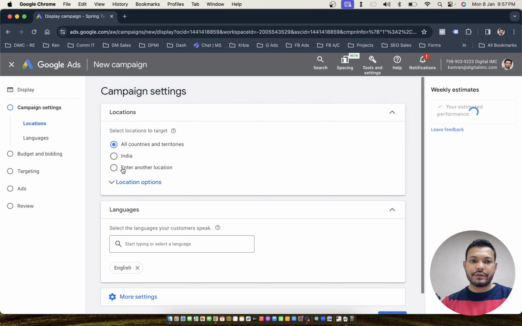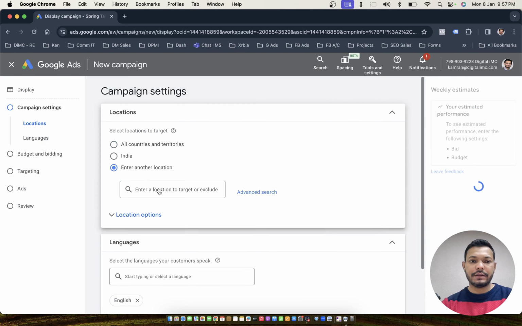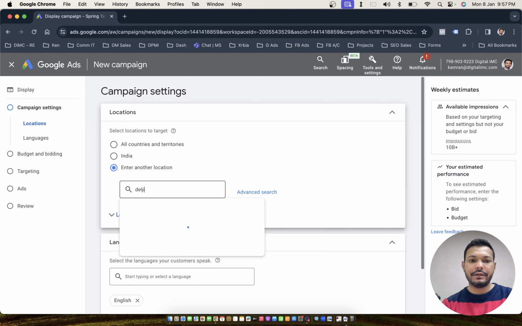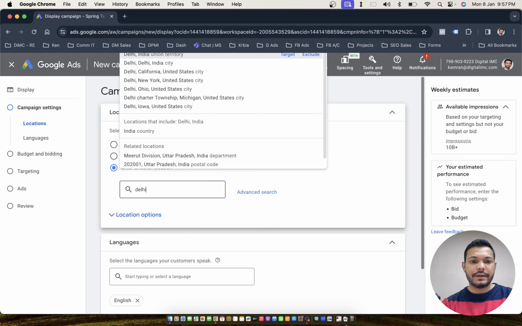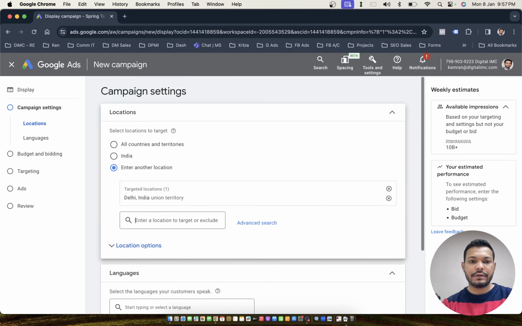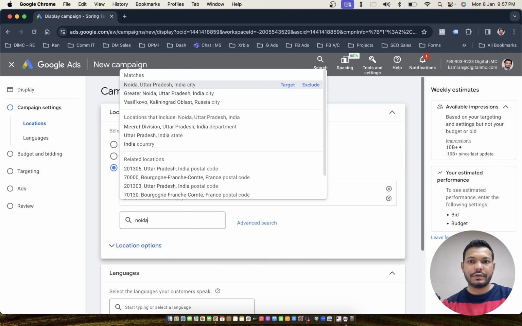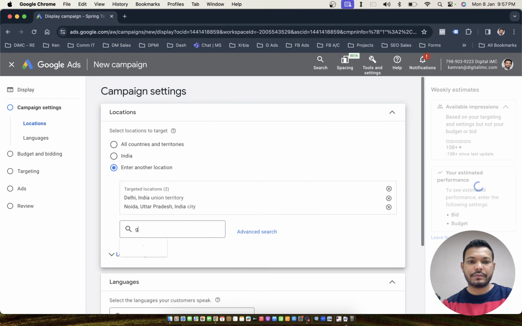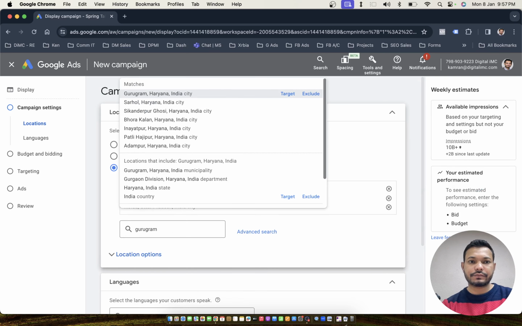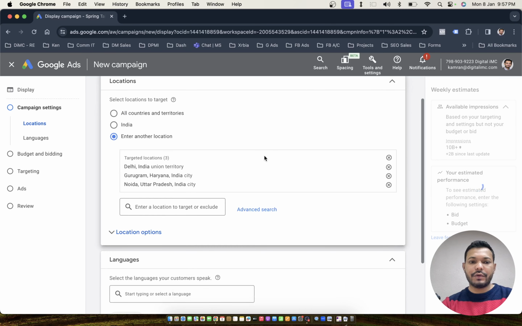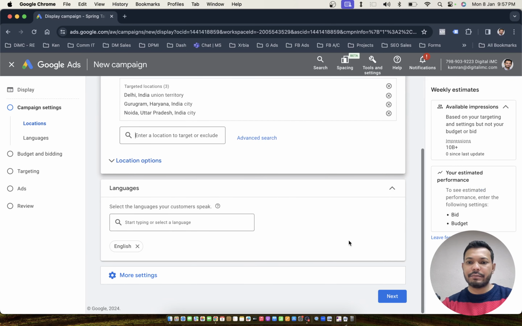Now, in terms of location, we can simply choose Delhi, Noida, and Gurgaon. So it's going to be Delhi. Yeah, this is fine. It's going to be Delhi, then Noida, and also it's going to be Gurugram. Cool. Now, once my locations are set, I can simply click on next,